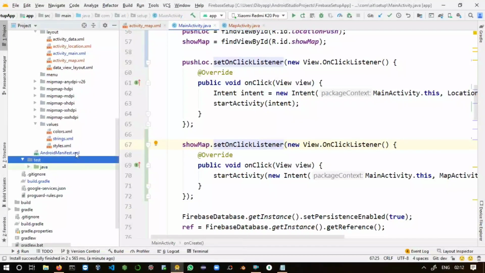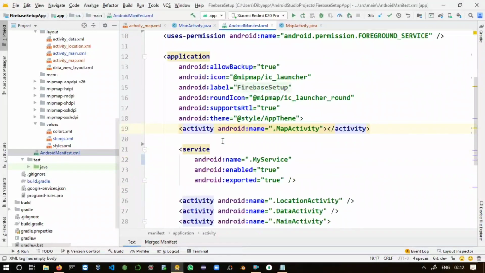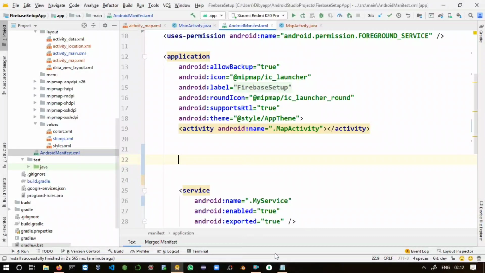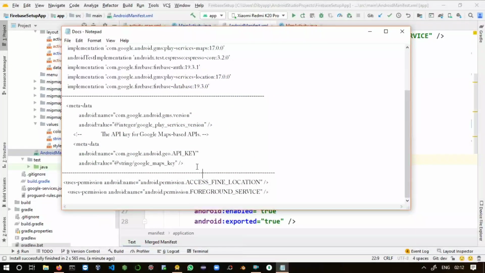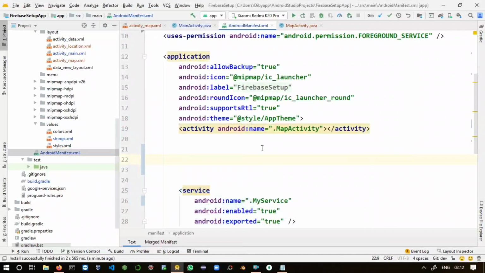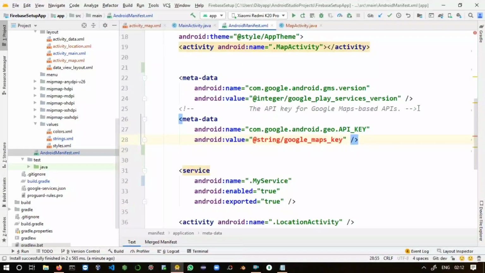Inside the manifest we have to pass some metadata, nothing but the Google API key. You know that without a Google API key Google will not allow us to do anything. So here I will copy this and paste it here. Here just create the string.